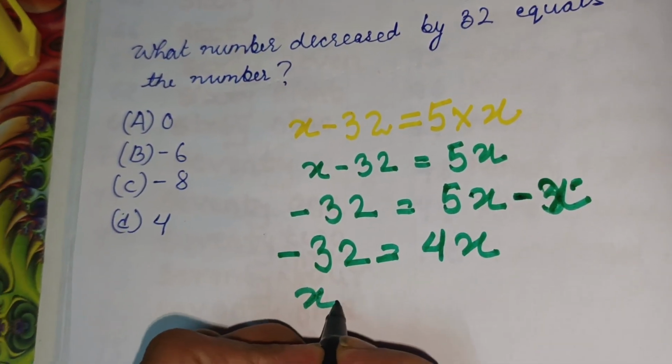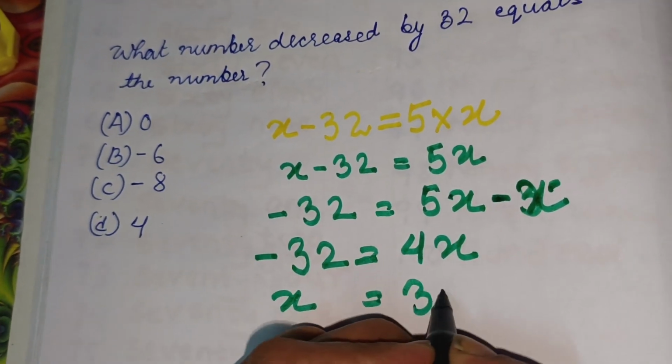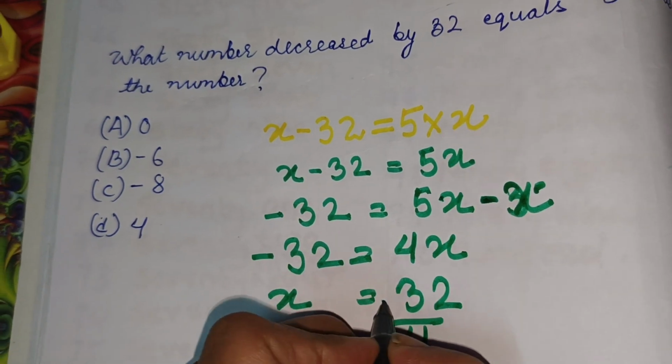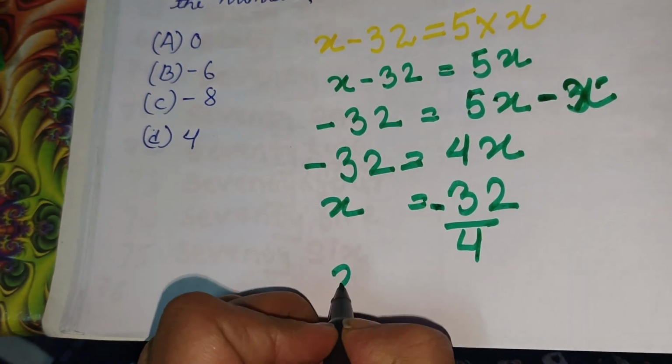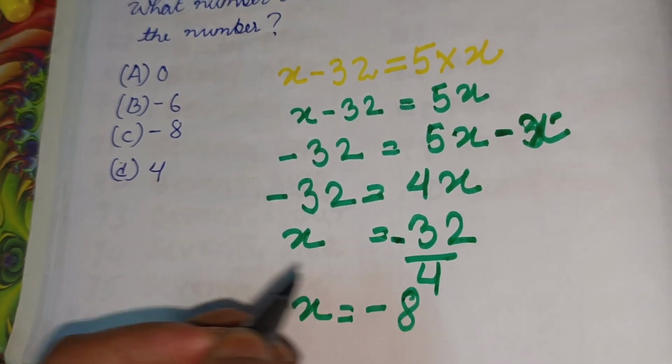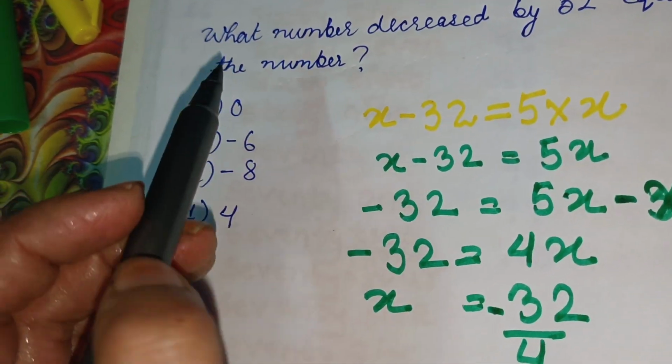Now x will be minus 32 by 4. Okay, minus 32 by 4. So our answer is x is equal to minus 8. So the right option here is